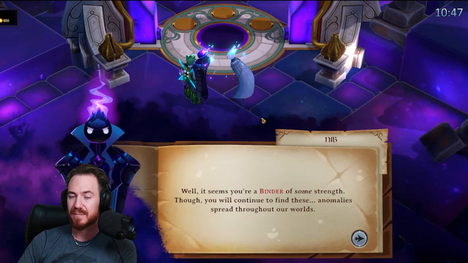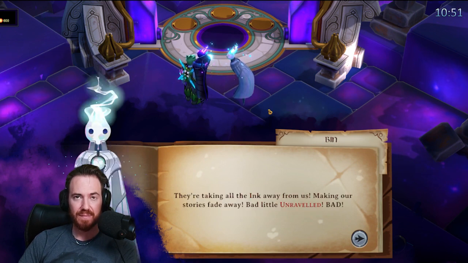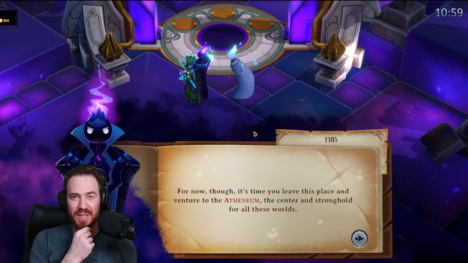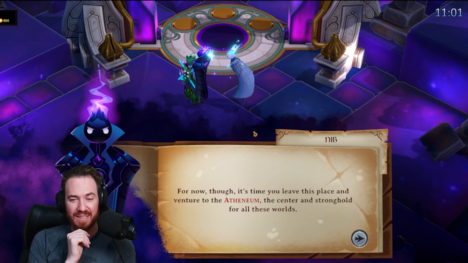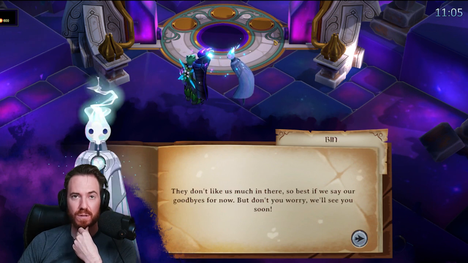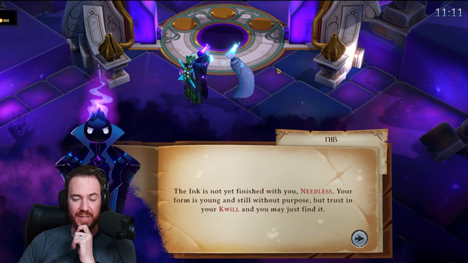It's early on. Binder of some strength, though you will continue to find these. They're taking all the ink away from us, making our stories fade away. Bad little unraveled. Bad. For now, though, it's time you leave These this guys are place odd. and venture to the Athenium, the All right, center and go to the stronghold of Athenium, all these worlds. Stronghold of the Worlds. Like us much in there, so best if we say Why goodbye are for these now. guys But the unliked? Athenium is That's not very yet finished with interesting. you, Needless. Your